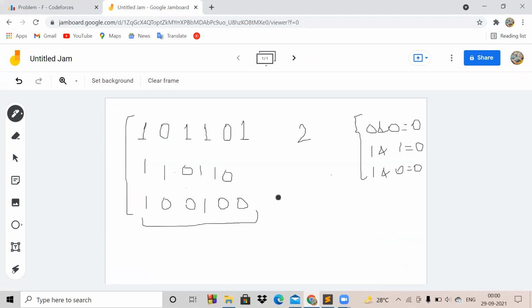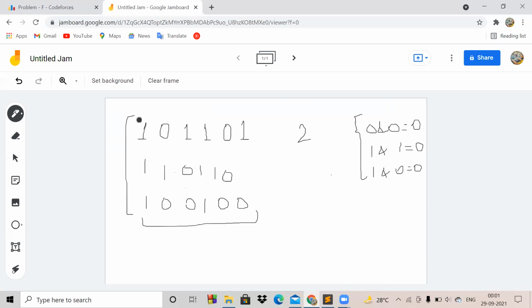So how will we solve this? You will notice that what we are doing is taking the AND of this one with the element at the two steps position towards the right. This one and this one are taken as AND for the first element, because for the new array this one will be the first element and this one will be the second element, because we are shifting all elements towards their left by two steps.